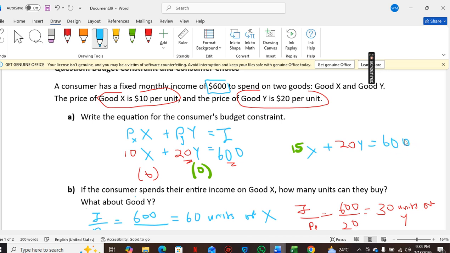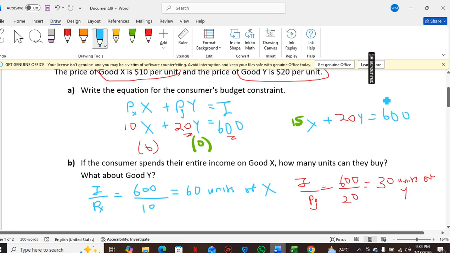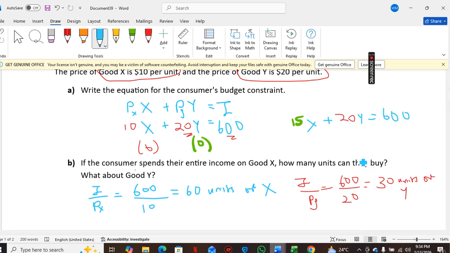This will be our new budget constraint equation. Our Y-intercept will still stay the same, 30 units, because it's still 600 divided by 20. But our new X-intercept